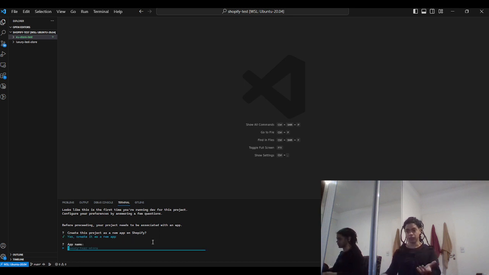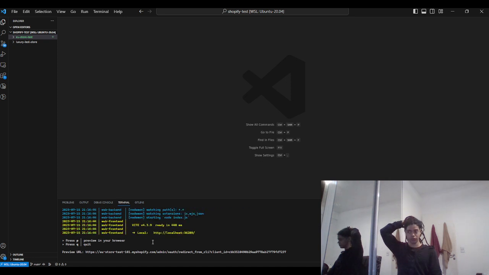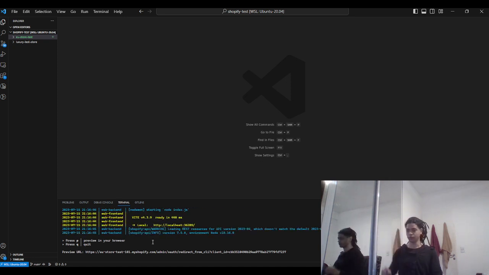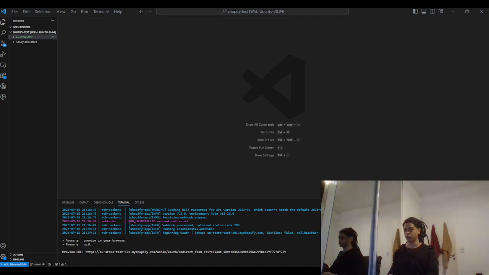Do list, create, which is the name of the app, so luxury test store. Okay, so what it's doing is creating that app on the development store. Okay, app on install webhook delivery, that's right. So if I now press P, and I look at the browser here,